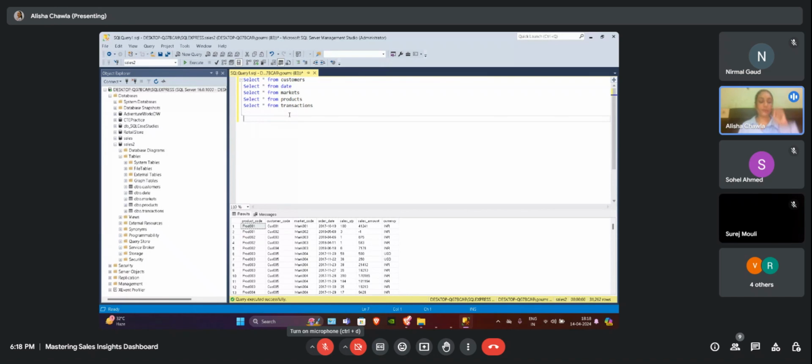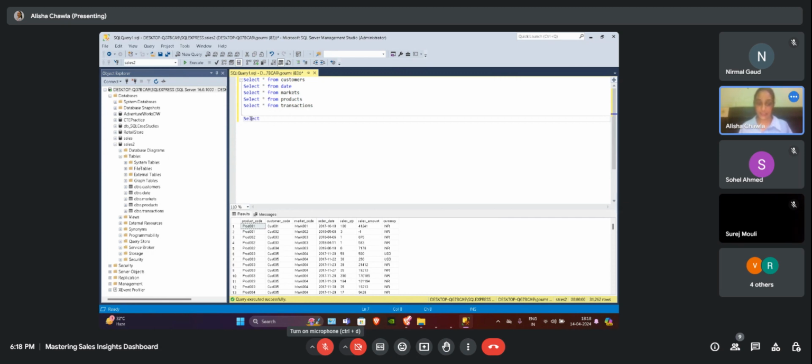So I will give you an overview of some basic commands here. We are currently selecting all the columns from a table. Let's say we have to choose one or two columns, any column we want to see in a table.